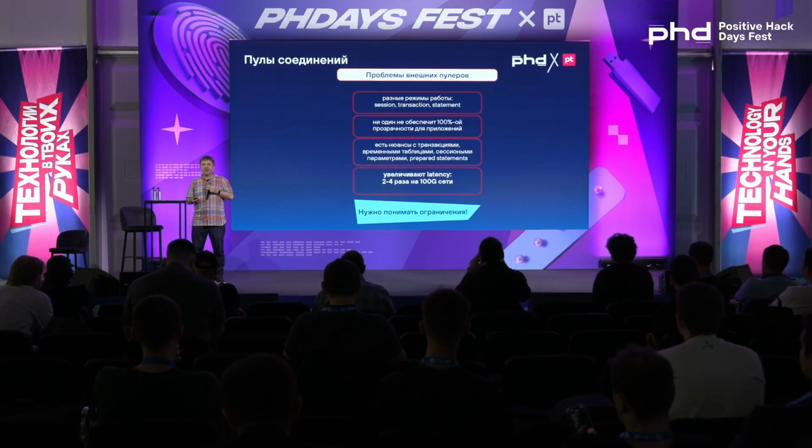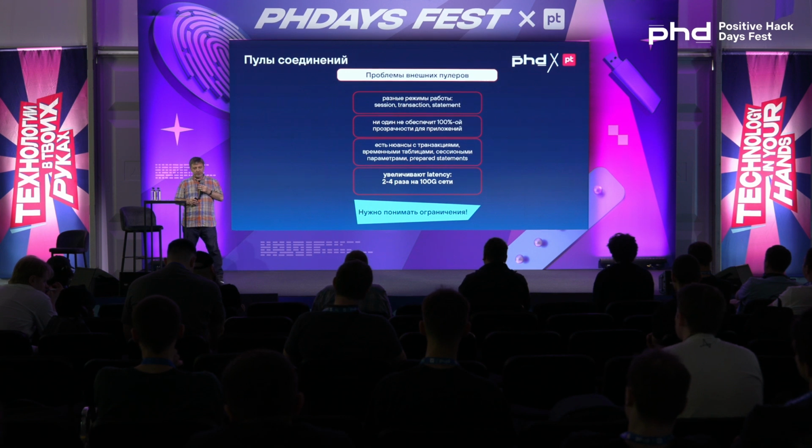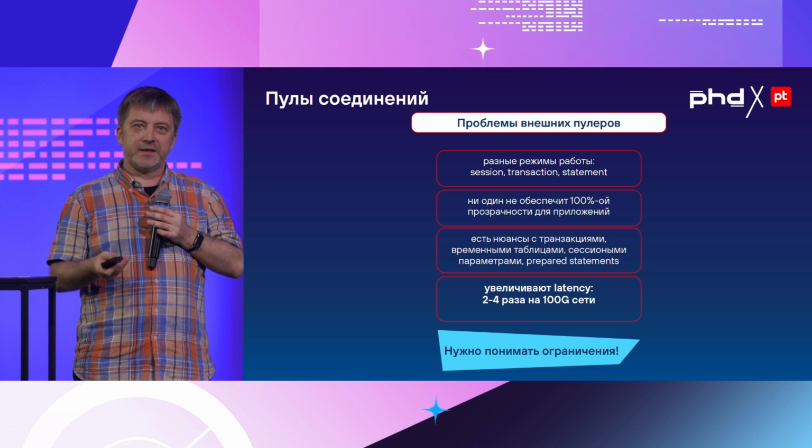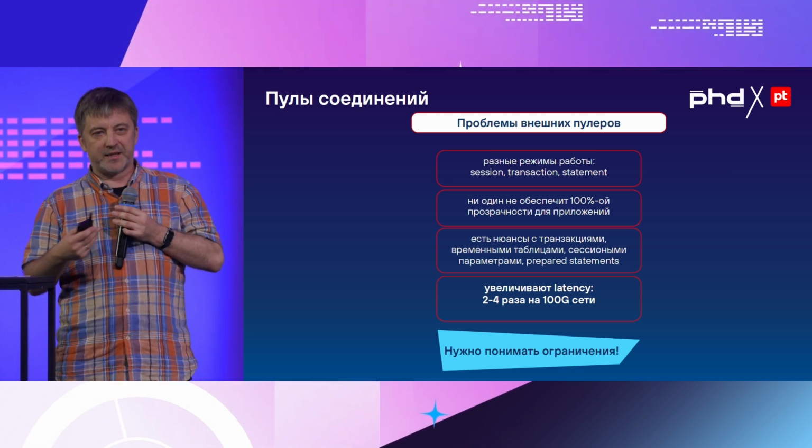I have heard a lot of presentations where people would discover that there's no complete transparency for applications. So everything used to work okay in the testing environment. And then in production, everything was starting to deteriorate because people had not read the documentation. There are lots of subtleties, and it's all because this functionality is implemented outside the database.